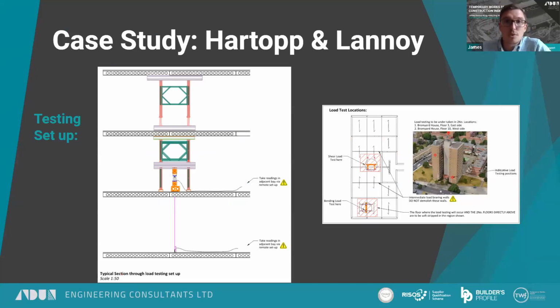A section through the test setup can be shown here. We detailed it so that the engineer can load the structure off to the side, as mentioned previously, from the adjacent bay. The load test is taken in increments, and essentially the engineer on site would monitor the slab very vigilantly as the load is applied, and that is how we undertake